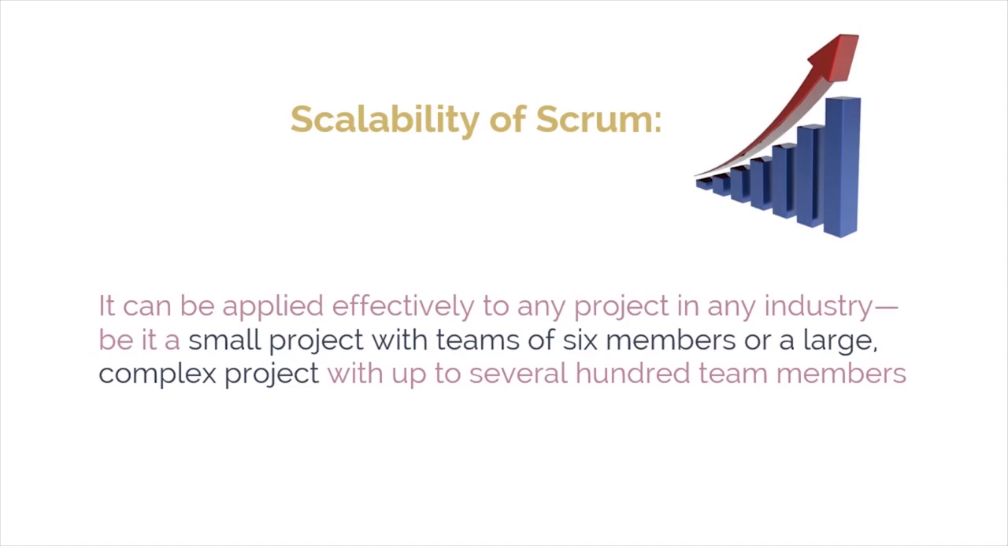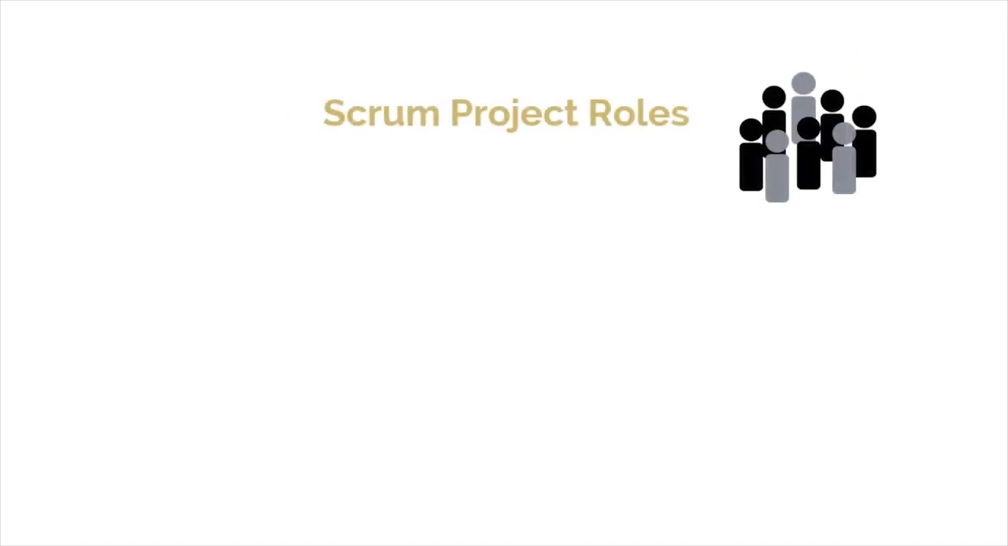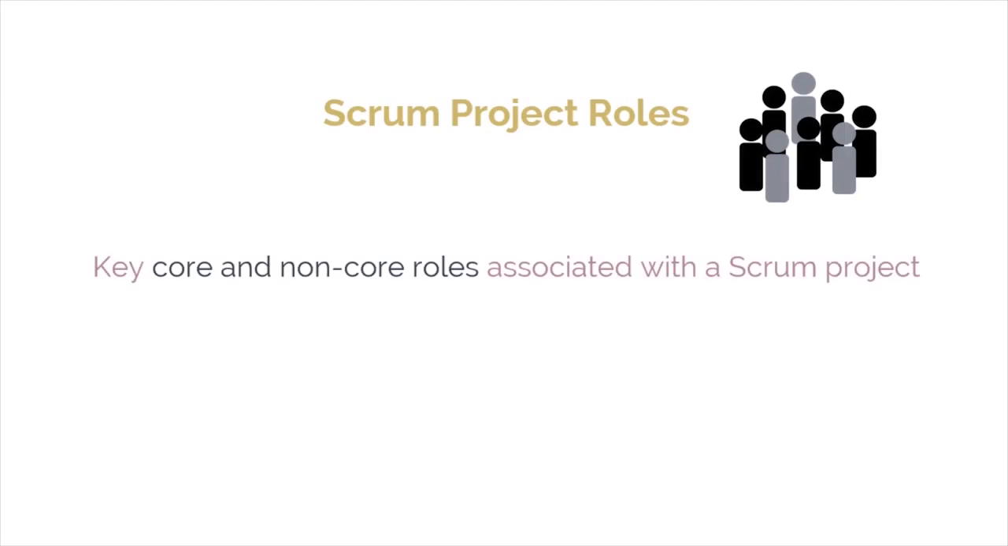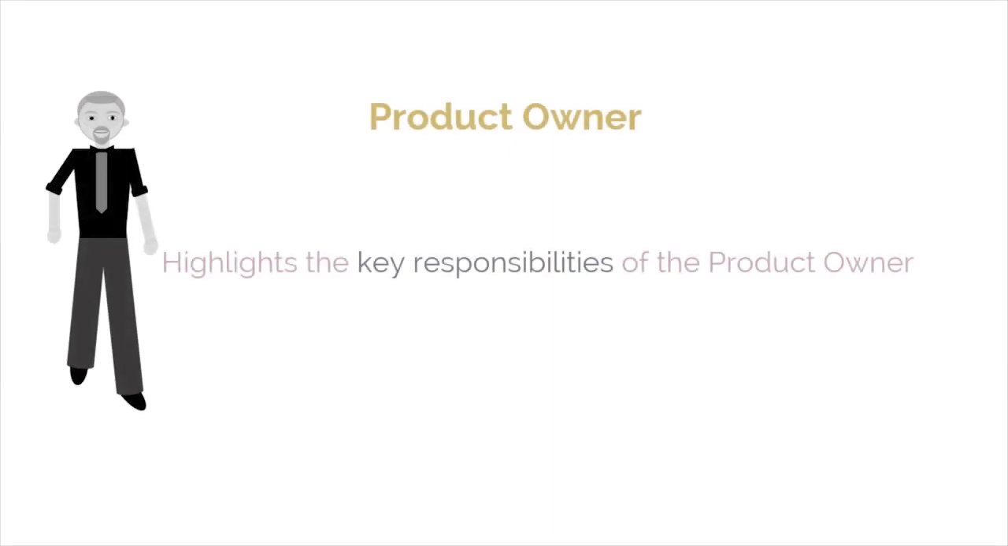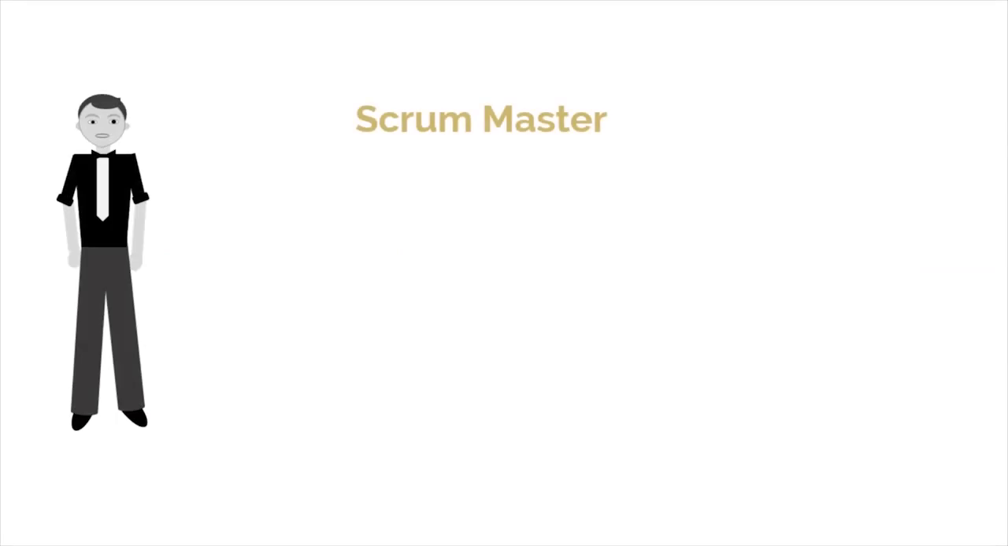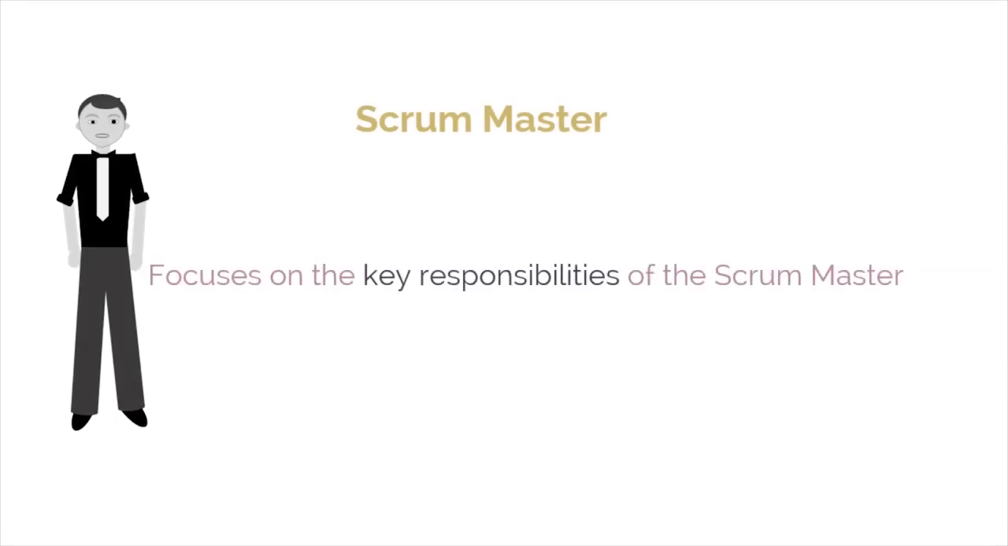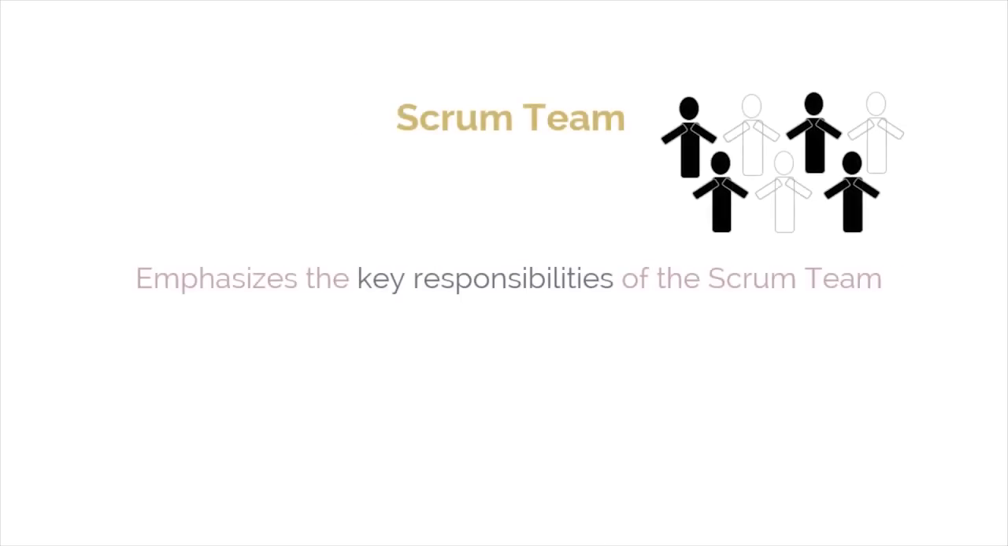This module presents a section on each of the following: Scrum project roles, which include all the key core and non-core roles associated with a Scrum project; the product owner, which highlights the key responsibilities of the product owner; the Scrum Master, which focuses on the key responsibilities of the Scrum Master;